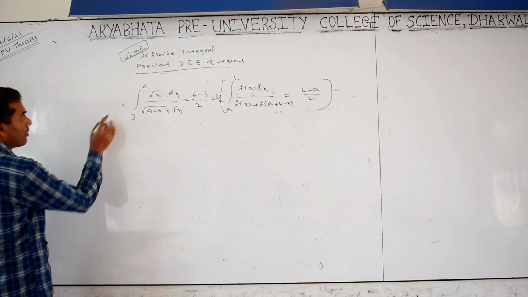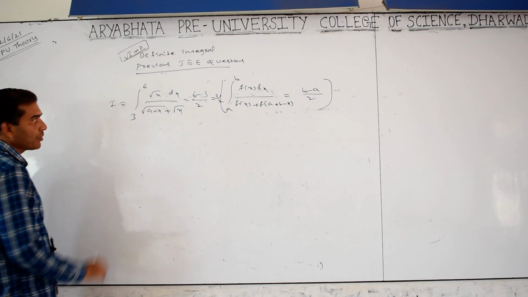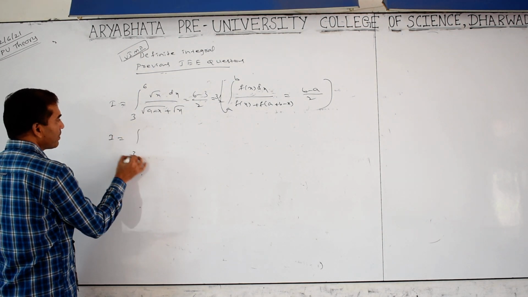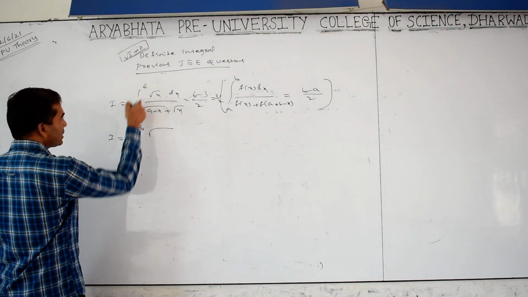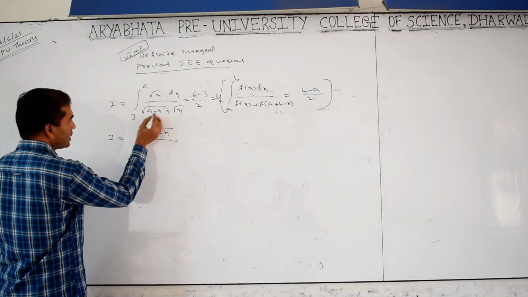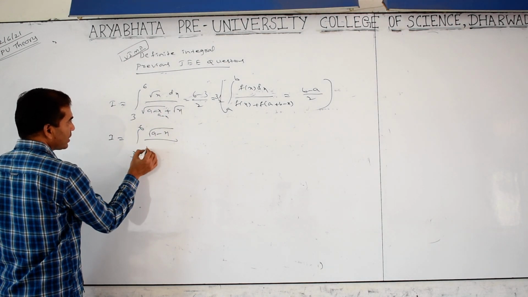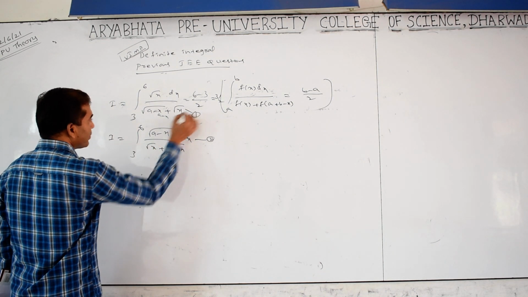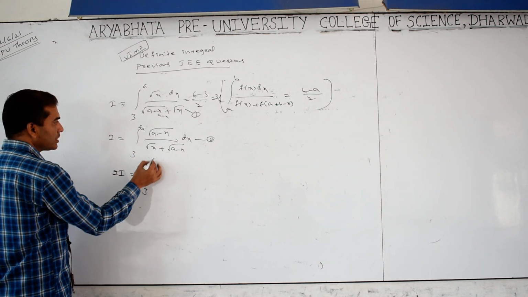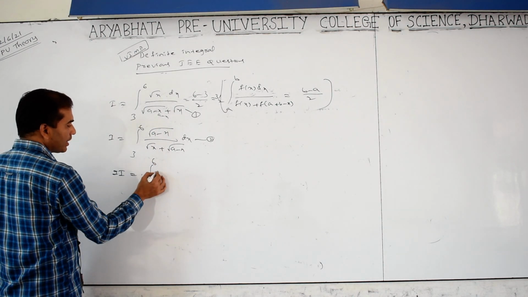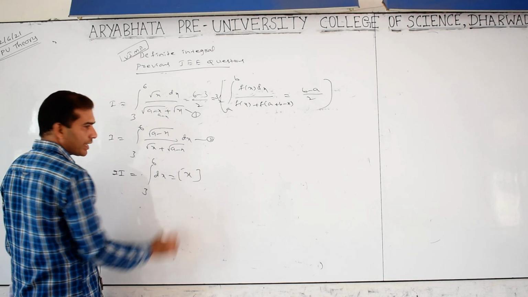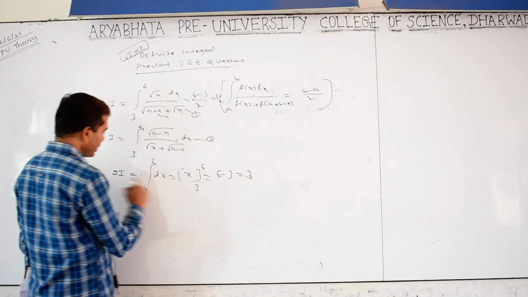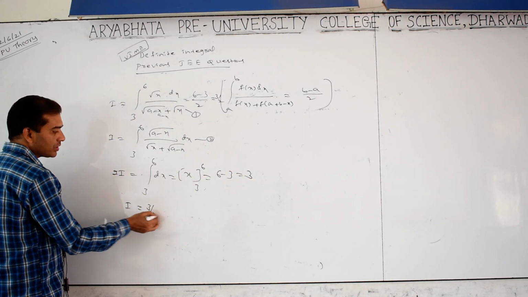Okay, if you forget that formula, let this be I. Once again I am going to explain the concept, based on the concept. Use the property: in place of x, write the sum of the limits, 6 plus 3, 9 minus x. Here 9 minus x gets cancelled; root x plus root of 9 minus x dx. Add 1 and 2. So the left side is 2I, 3 to 6, numerator and denominator cancel, we get 1 dx. Integration of 1 dx is x, limits 3 to 6, 6 minus 3, which is equal to 3. The 2 comes to that side, I is equal to 3 by 2.